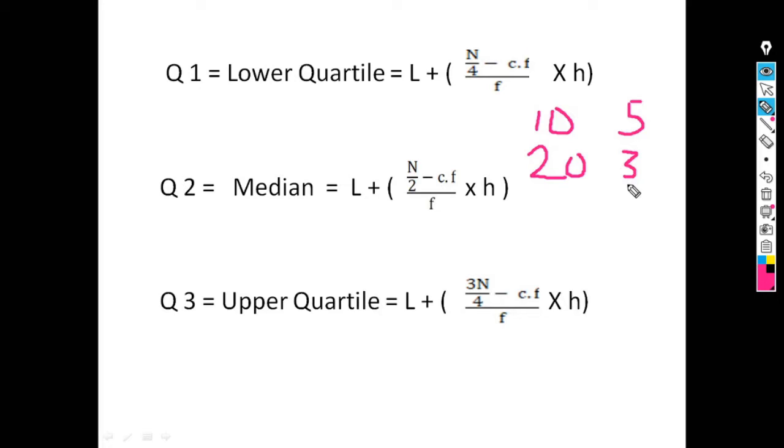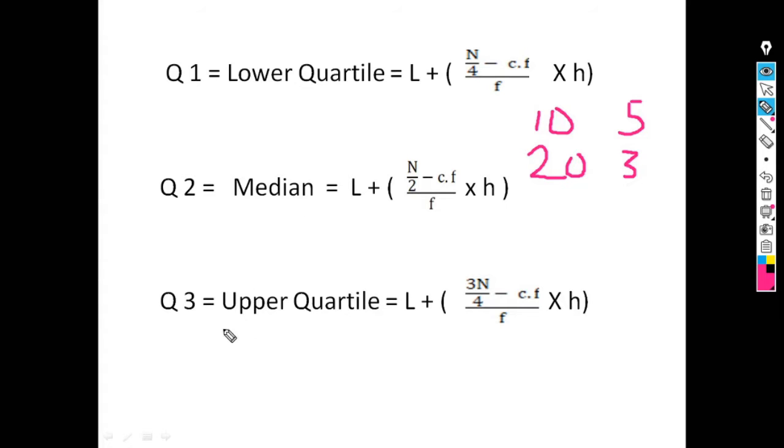Then the formula for Q1 or lower quartile is the value of the n by 4th observation. We have to choose that less than type cumulative frequency which is just greater than the value of n by 4th observation, and the value corresponding to it is the value of Q1, that is the lower quartile value. Then Q2 or median is the value of the n by 2th observation. For this we have to choose the value of that less than type cumulative frequency which is just greater than n by 2th observation.